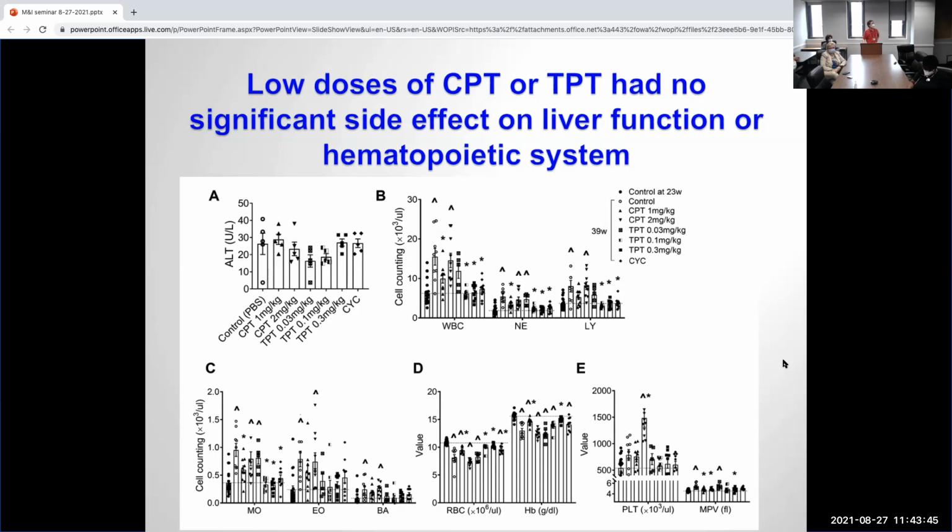So the simple question is, when you say CPT treatment or TPT treatment knocks down FLI1, what are you measuring FLI1 expression in? We measure the spleen cells, the Western blot, yeah. Oh, in the splenocytes. Right. Okay. So the more complex question is, the origin of reduced FLI1 expression versus full strength FLI1 expression, is the